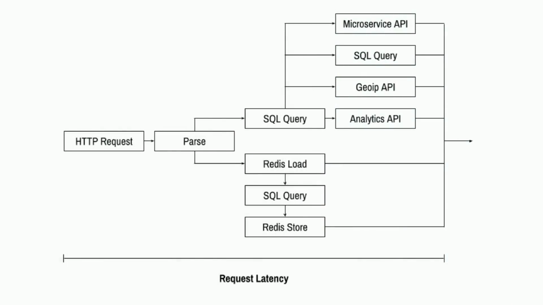Let's say we're building some sort of modern fancy microservices architecture, and we get these requests, thousands of requests that come in every second. And these requests, we have to parse them, and then we're going to end up doing a bunch of things. We're going to make SQL queries based on these to the database. We're going to load some stuff from cache and do more queries if we have to, if it's not there. We're going to call other microservices APIs running inside our infrastructure. We're going to call third-party APIs. We're going to do all this stuff.